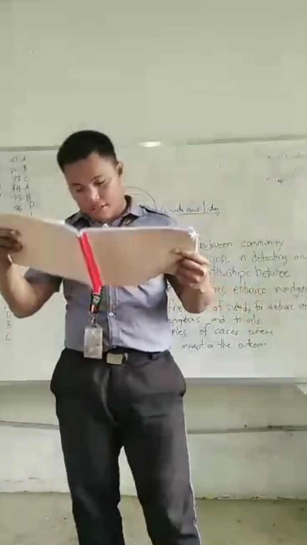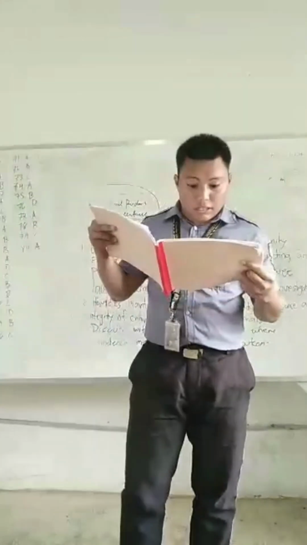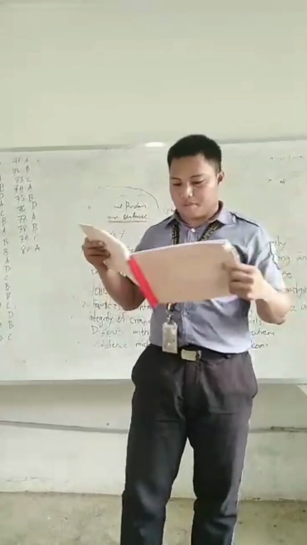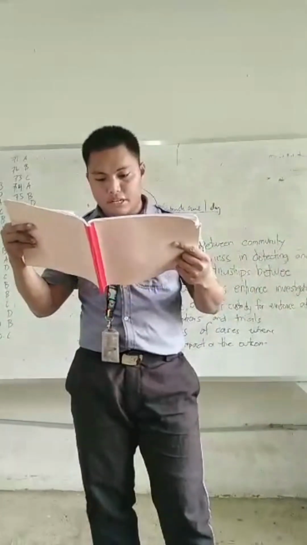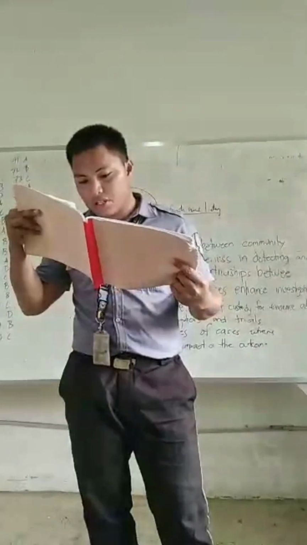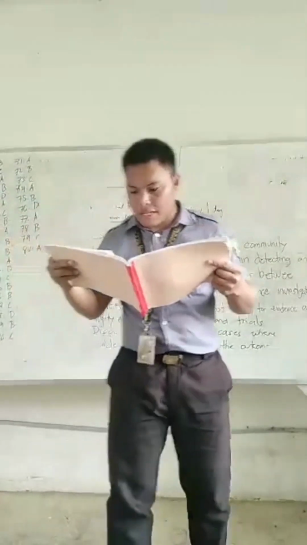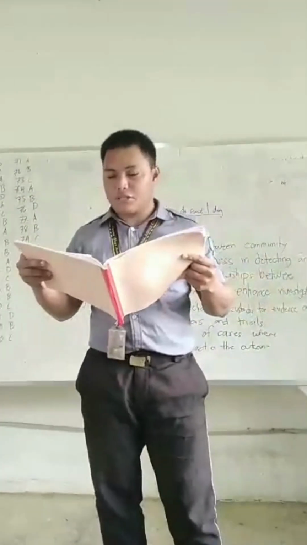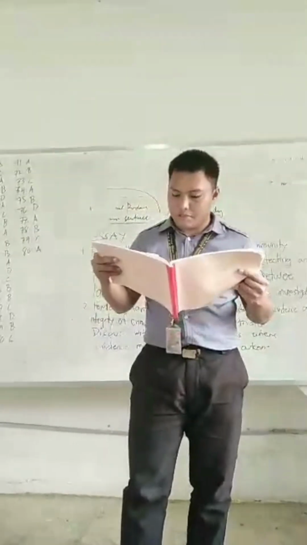Please turn your book to page 143. Lesson 11.2, requirements in the preparation of photographic illustration. First, the number and dates of standard signatures to be photographed in connection with the disputed document or the disputed signature. There should be a number and dates of standard signatures that are relevant to the disputed document or signature.